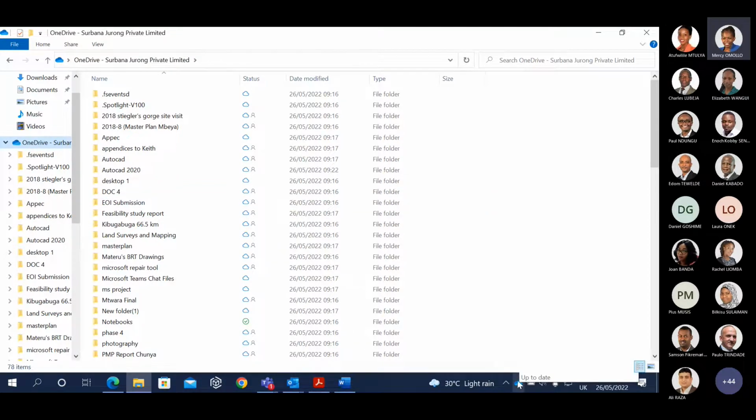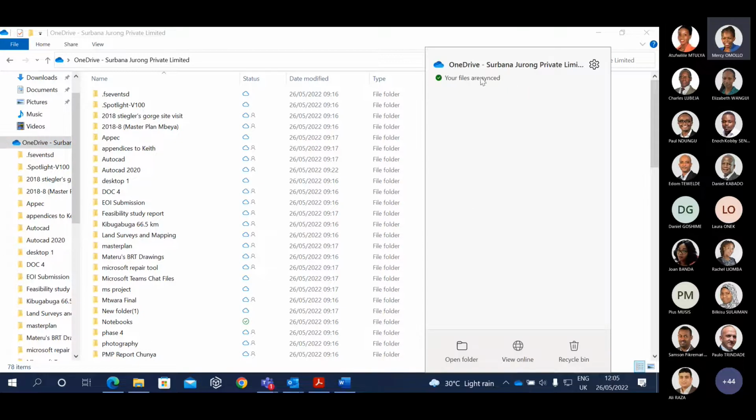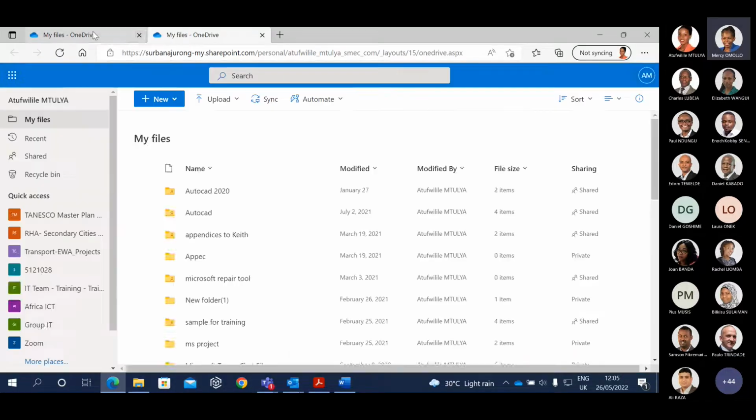Make sure, because we have a lot of issues sometimes, people are putting their data, putting their files, but sometimes they cannot see the changes they make on those files. Make sure always this icon here, the blue icon here, says it's up to date. This one: your files are synced. So we are going to view them online. You see, this is my